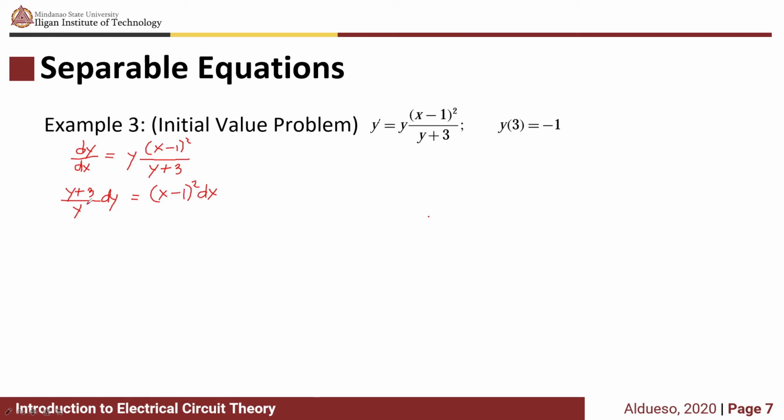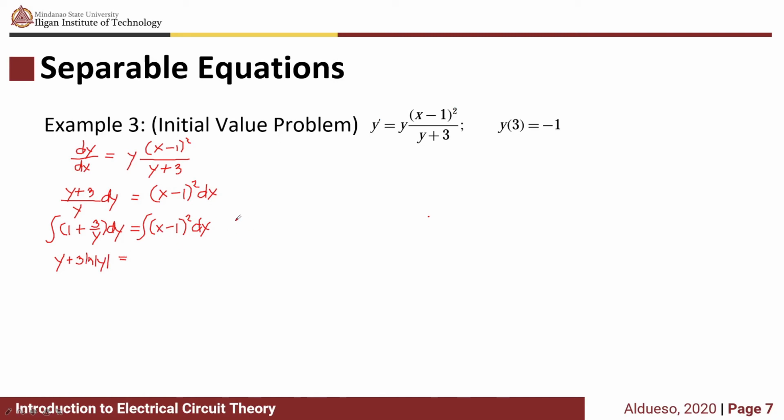Now we can rewrite this equation on the left hand side as 1 plus 3 over y dy equal to x minus 1 squared dx. Now we can integrate both sides. We have y plus 3 ln of y equal to,